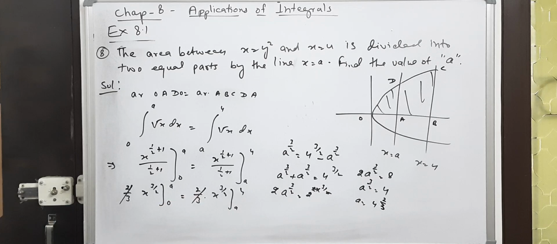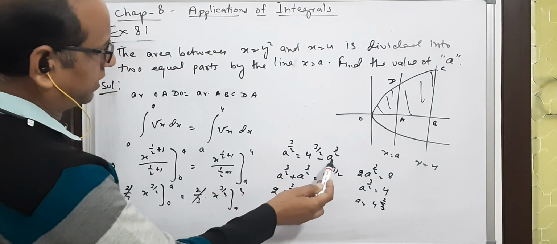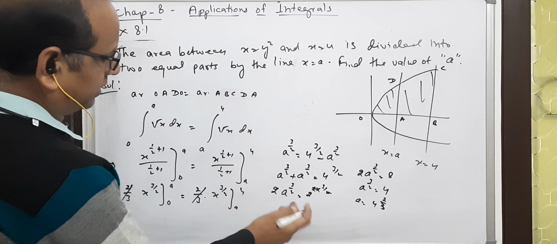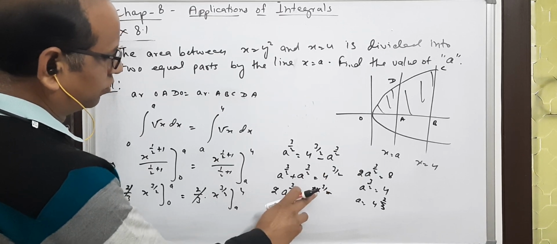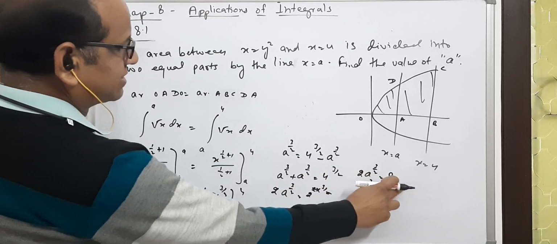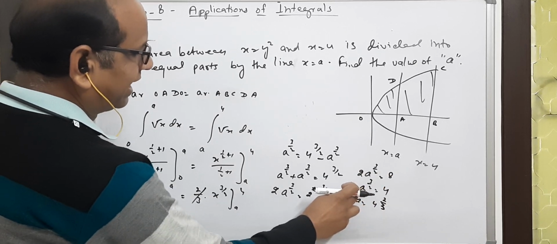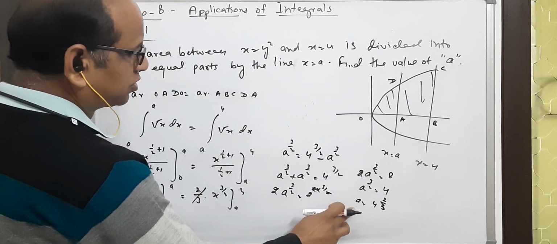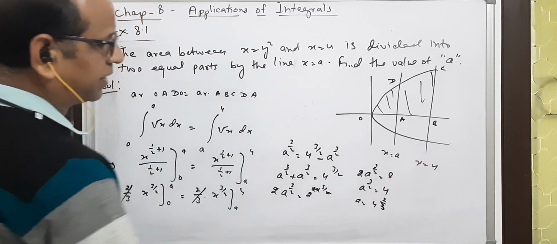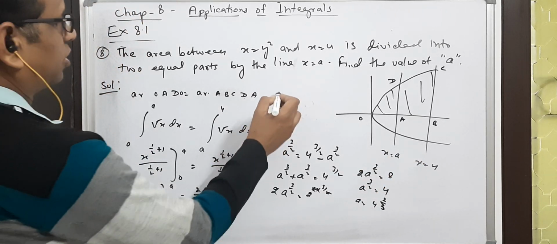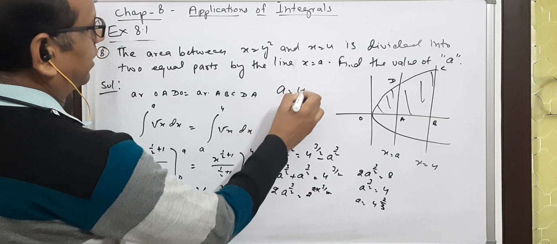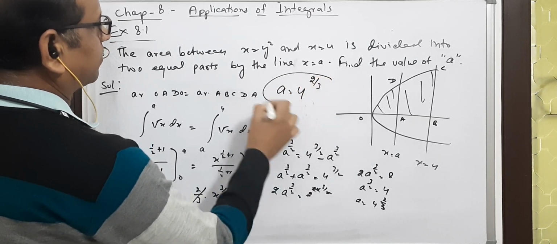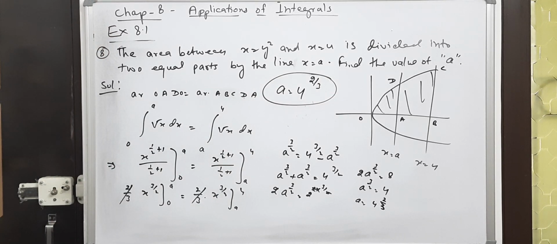In this way we can simplify. Once more I am explaining you. Transfer this side 2. Then this 4 power 3 by 2 will be 2 and 2 cancel. So 2 power 3, that is 8, divided by 4. A power 3 by 2 equals to 4. So a will be, this 3 by 2 will become the value of 2 by 3. So the value of this is this one. A equals to 4 power 2 by 3. I hope this problem is clear to you. It is very important from the examination point of view. Thank you.